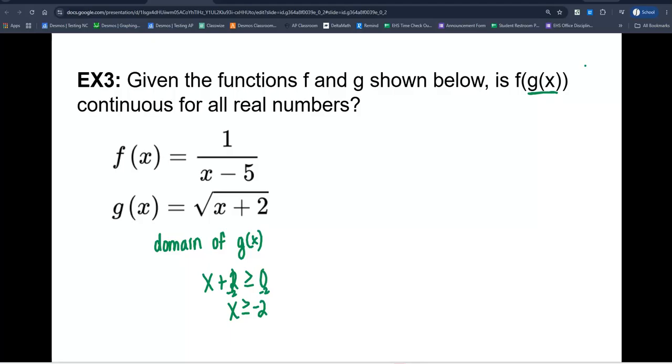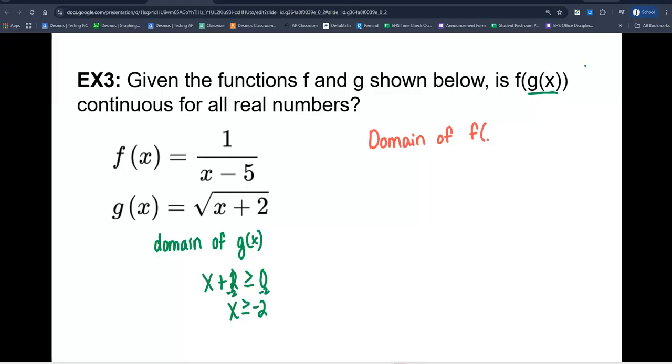So this is part of our domain for the whole thing. Because if we plug in -5, we're going to get undefined for g. And can you do f of undefined? No, you cannot. You got to have a number to plug in. So you're going to do the domain of the inside part first. Then we want to think about the domain of f of g of x, and then we'll combine them at the end. So domain